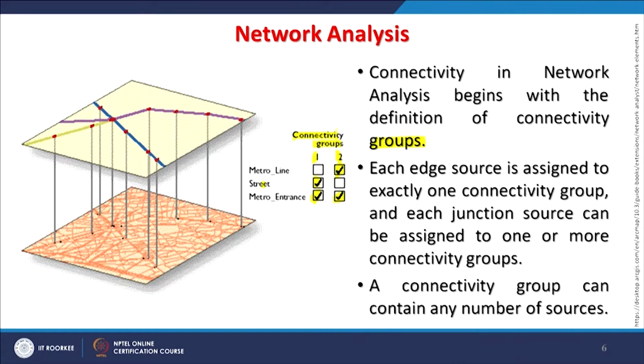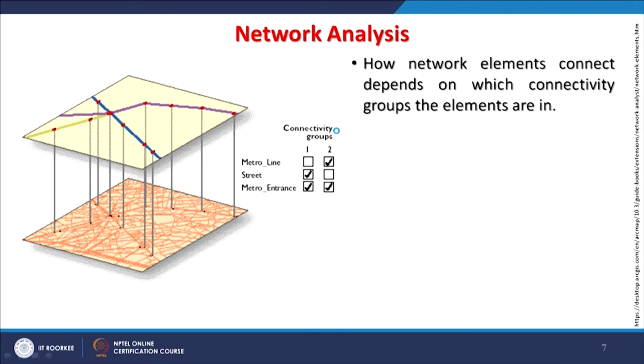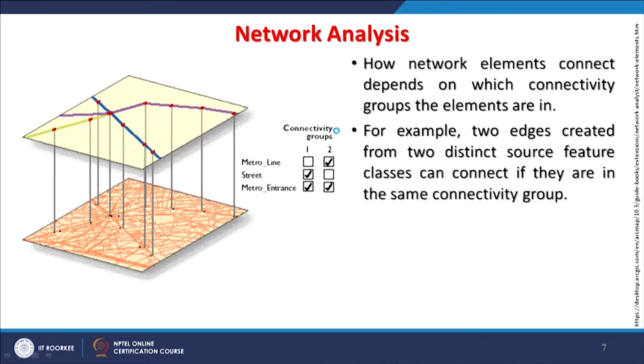Now, the connectivity groups can contain any number of sources. Here we can have as many sources as we want in a connectivity group. How many network elements connect will depend on which connectivity groups the elements are in. For example, 2 edges created with 2 distinct source feature classes can connect if they are in the same